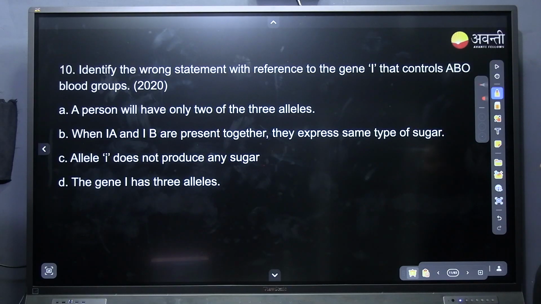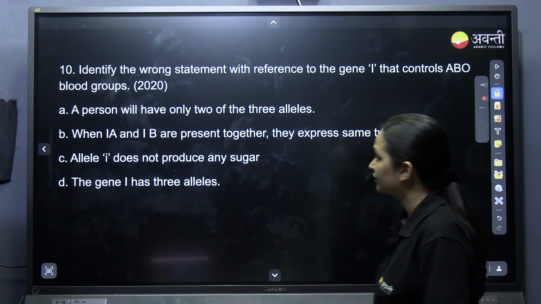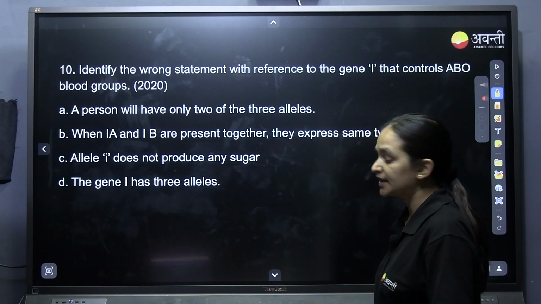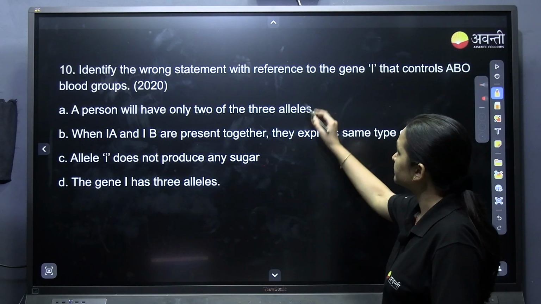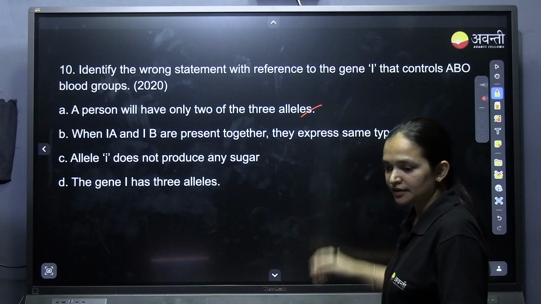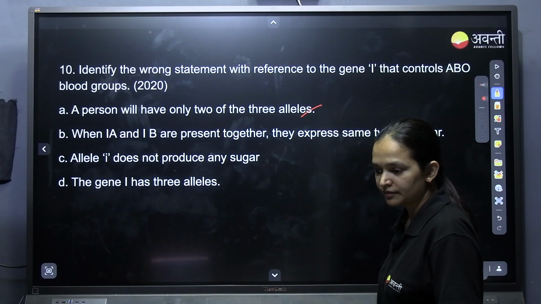Direct answer. Identify the wrong statement with reference to gene I that controls ABO blood group. A person will have only 2 of the 3 alleles? No. Yes. Then option